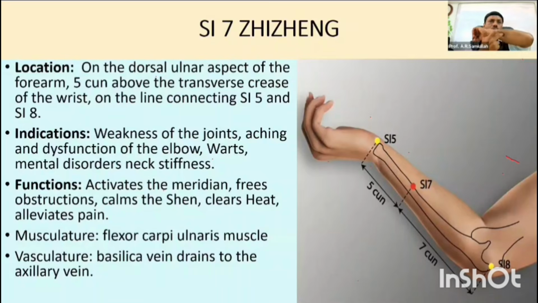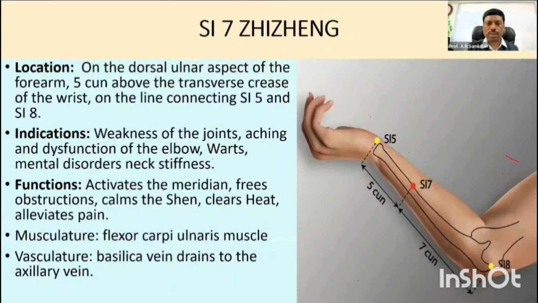3 chon plus 2 chon. Fichon proximal, distal. That means the point is located on the posterior border of the ulna. This point is an amazing point. All nervous weakness in the hand, please remember, all nervous debility of the hand, can be treated by activating the SI7 point. The pronunciation is not Zizeng. Chin Ching is the right pronunciation for SI7.